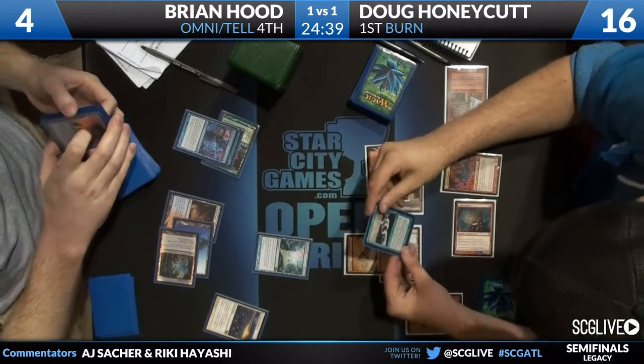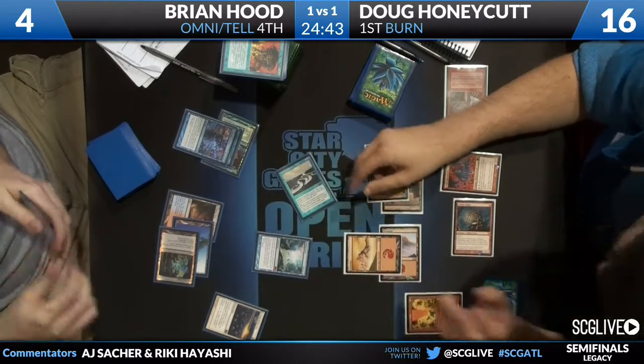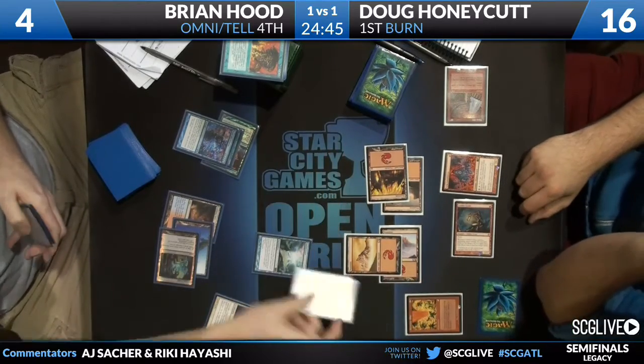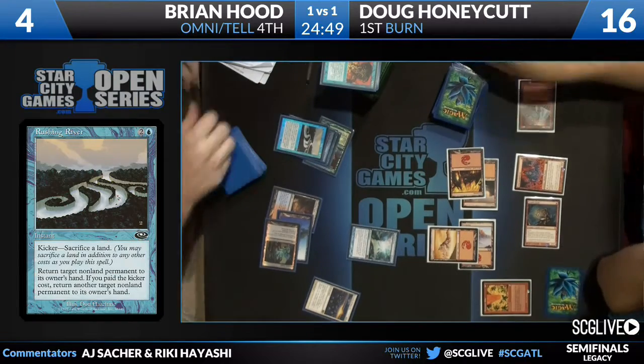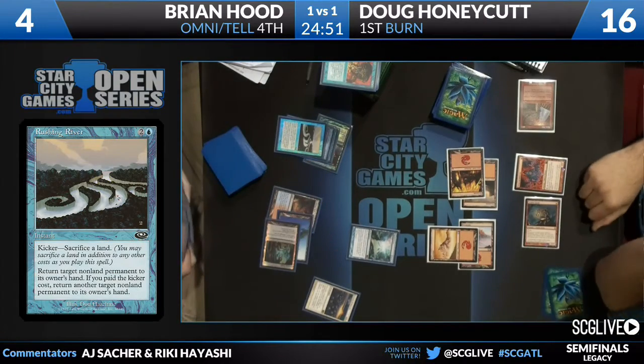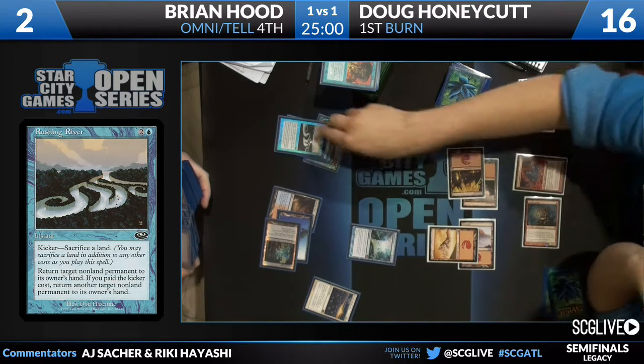He does get the Rushing River, as you said. Not Raging River, Rushing River. That is the bounce a permanent kicker. Kicker, sacrifice a land, bounce another permanent. It might even be non-land permanent. There, you see it? Yes, it is non-land permanent. I remember that from my vintage days. So he's going to take another 2. He goes to 2 life, but has now dealt with the...